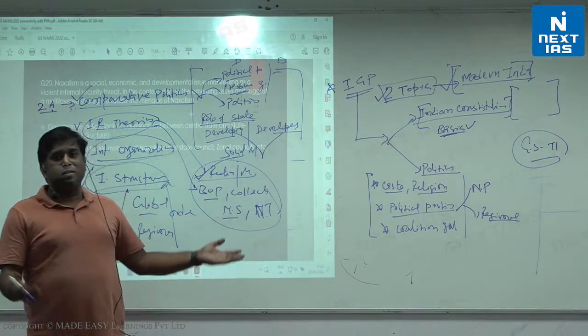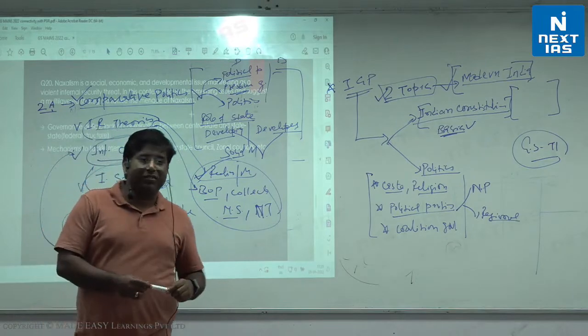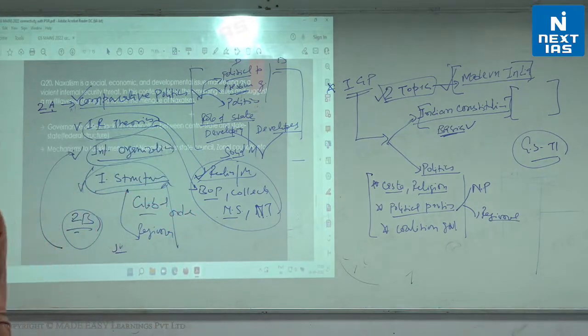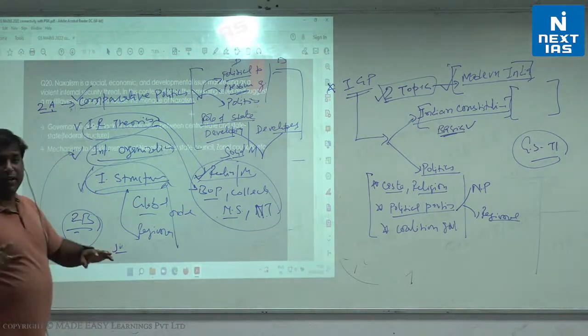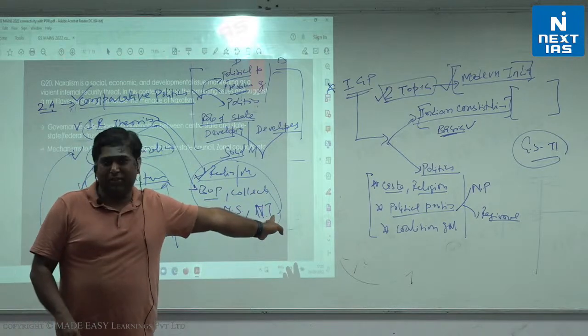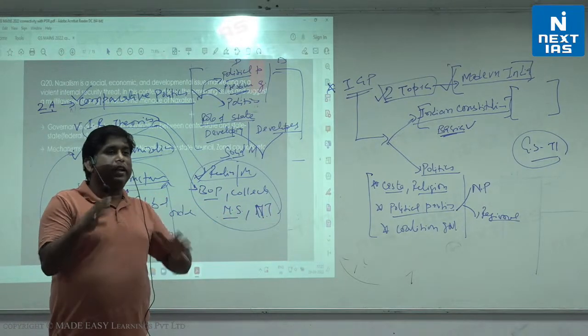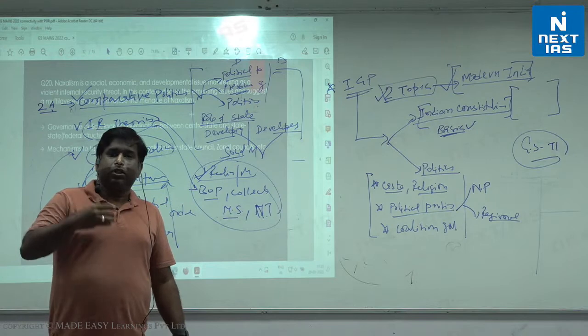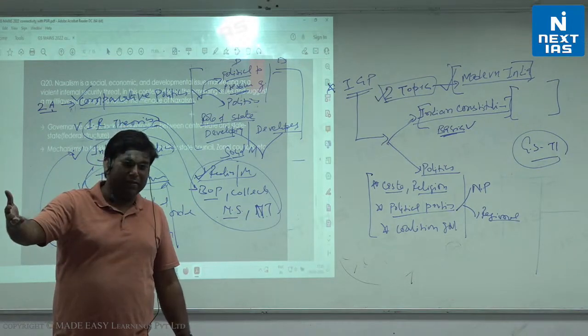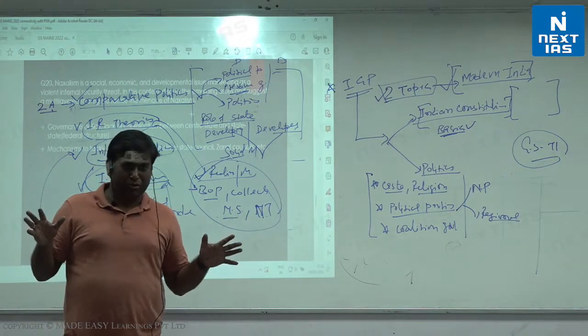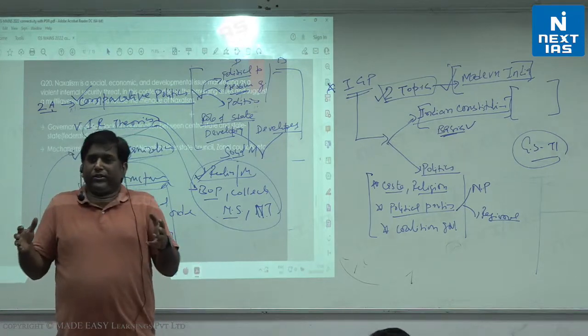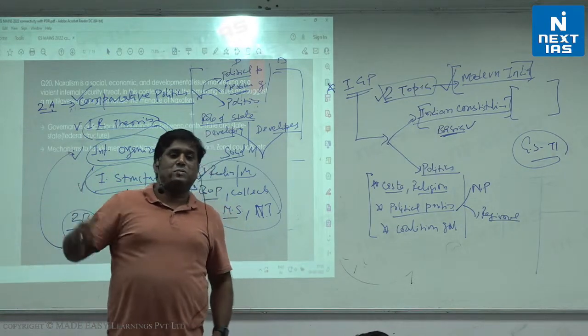I told you earlier, this is the time of this subject. People are scoring high, and even last year, last thing I would say, in the top 10, 3 people were from political science. Just in the top 10, 3, and there were 2 who scored more than 300. So that is a very normal course. Average selection is around 20-25%.